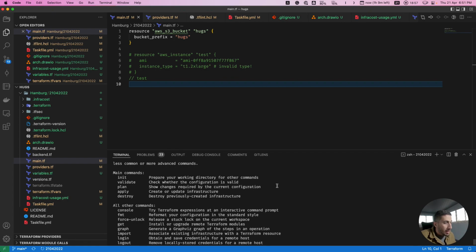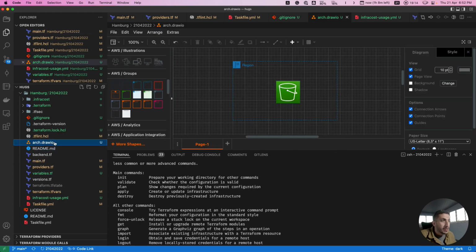If you think about including these two commands, formatting and validating, into your pipeline, that should be really cool. The idea behind this event is that we want to show you how you can use these tools on your local development machine. Then you can upgrade this in your organization into the CI/CD tool that you are using. So this is really important.